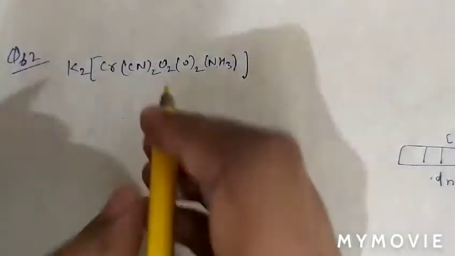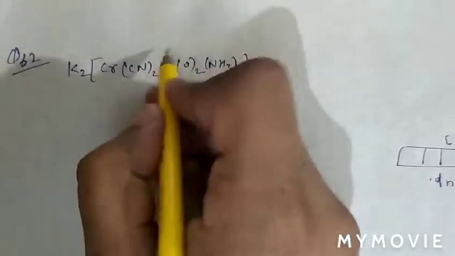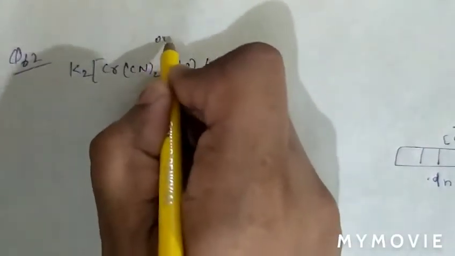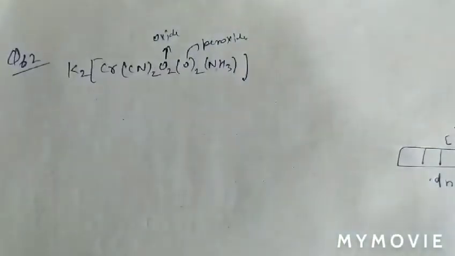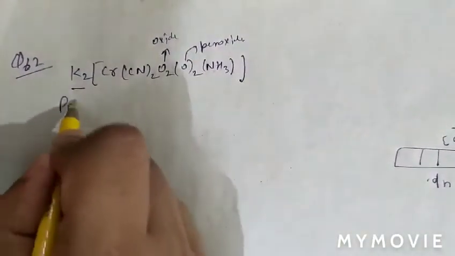As we can see, the oxygen here is oxo, and the oxygen here is peroxo. So we will start from potassium,